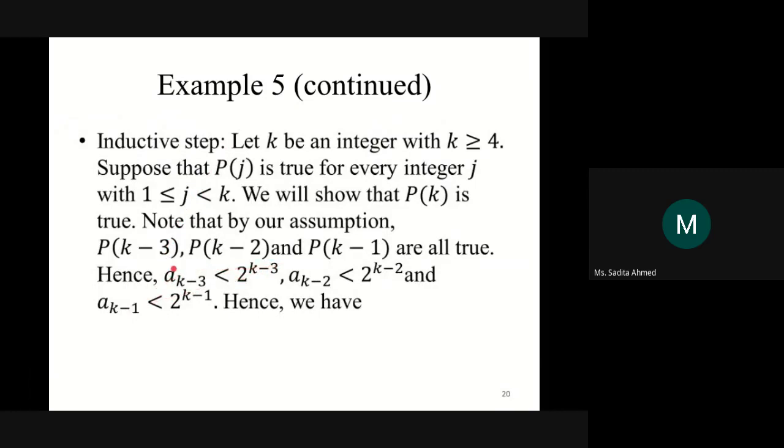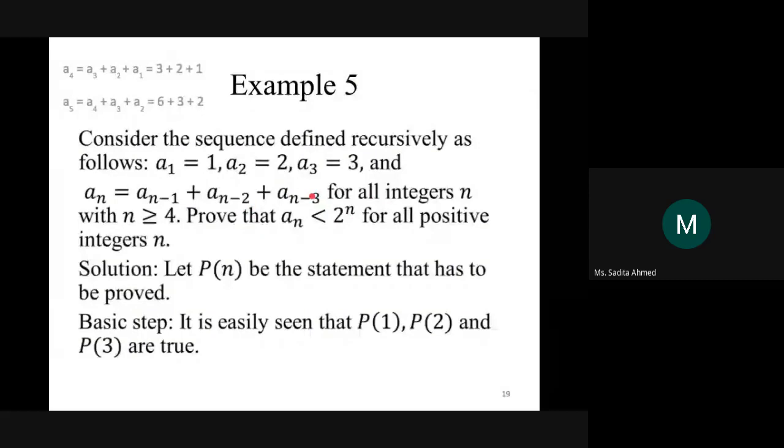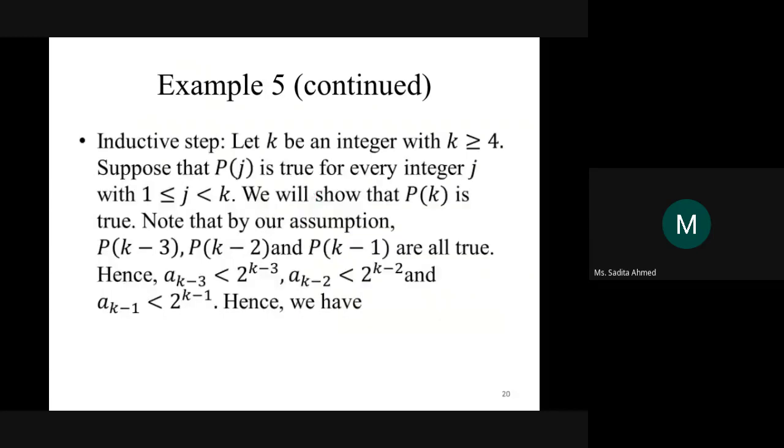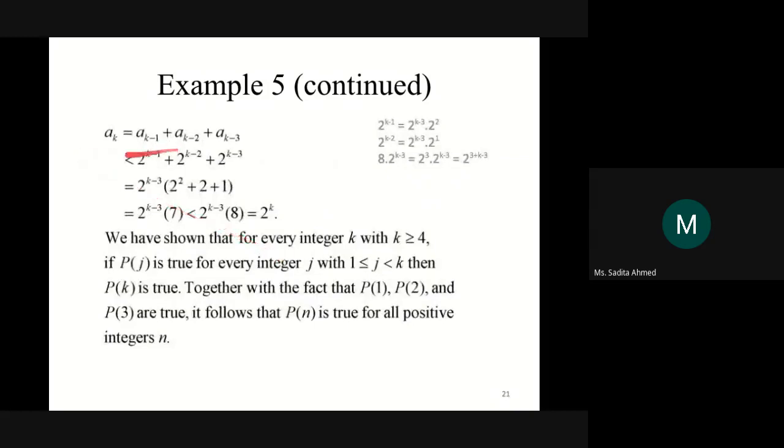Remember, in induction, we are allowed to assume that the statement is true for only one given integer. একটা integer এর জন্য we can only assume, and from that we have to prove that it's true for the next integer. Here, however, this proof is made easy by strong induction. এই প্রুফটা strong induction এর কারণে easy. কারণ strong induction allows us to assume that the statement is true for a range, not just one specific integer, পুরো একটা range এর জন্য we can assume that the statement is true. And using that assumption, we are saying that the statement is true for k minus 3, k minus 2, k minus 1. Why is it important? Because আমরা যে recursive definitionটা use করছি এখানে ওগুলো লাগবে।